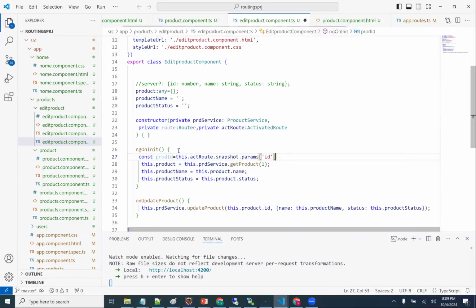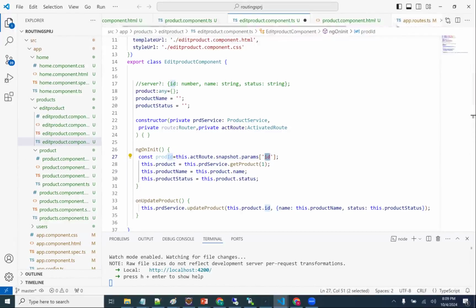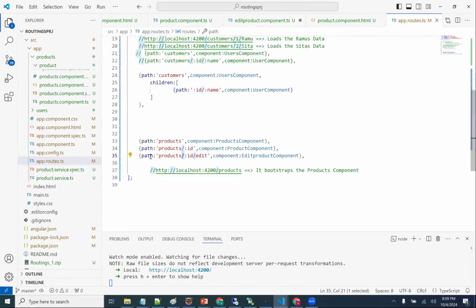ID. Why? From where am I getting this ID, guys? In app routes, I mentioned product/ID/edit. This is a dynamic variable, right?